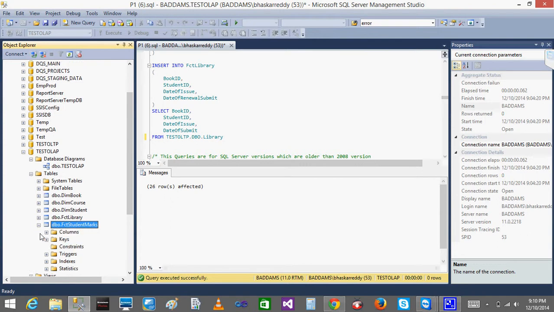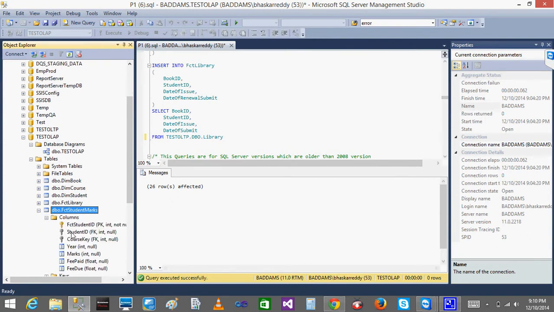So always see, the fact data has only the IDs, year, marks, fee paid and fee due. That's it. It doesn't have any descriptions. But the fact library also has the data for the student ID, book ID, date of issue and date of renewal. Let's say I want to count how many books have been issued to different students from this date to this date.